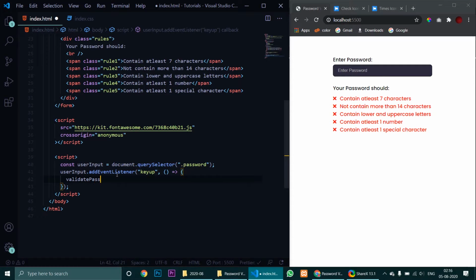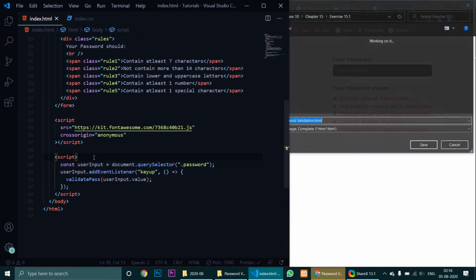Let's call the function validate pass. So we will create a function validate pass, and to this function we will pass whatever is entered here. So we will pass user input dot value. User input dot value means in user input we have this input field over here, and user input dot value means whatever is entered by the user in this input field.